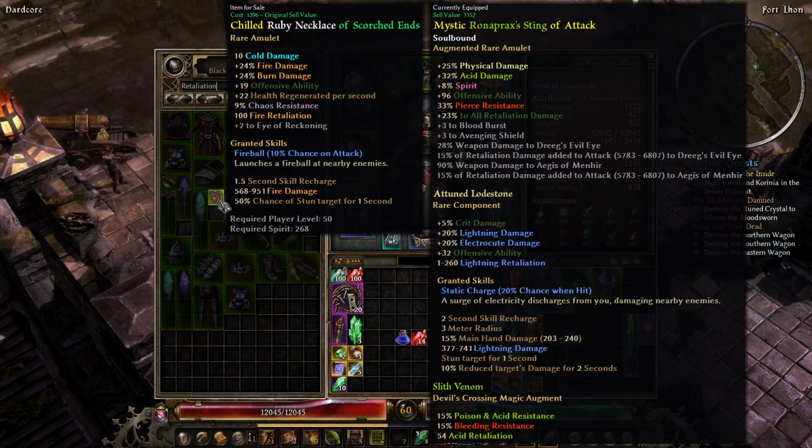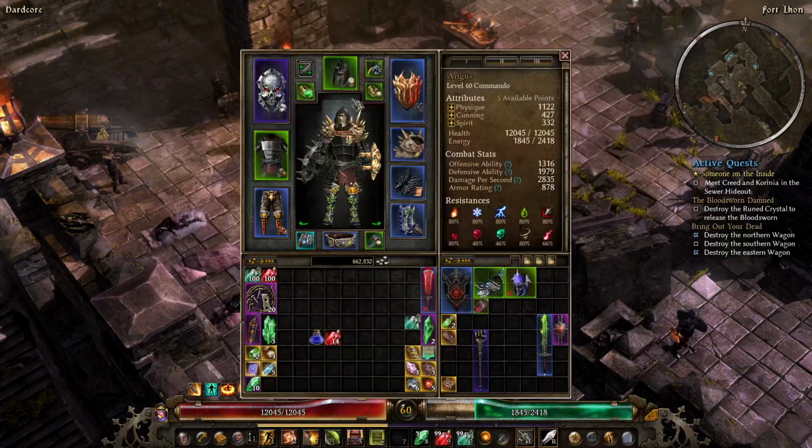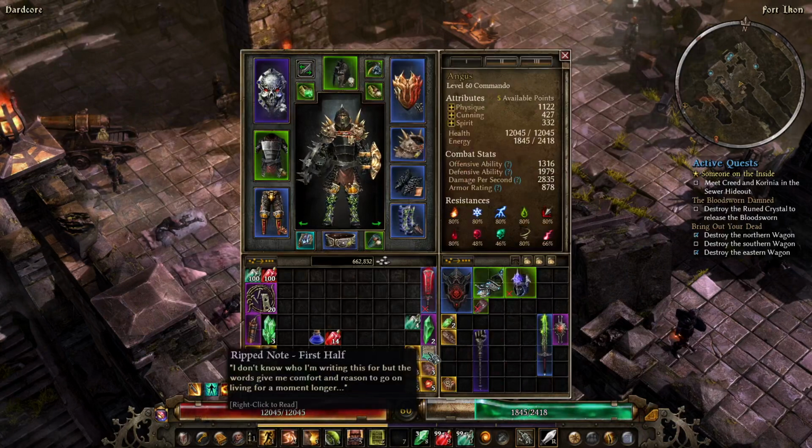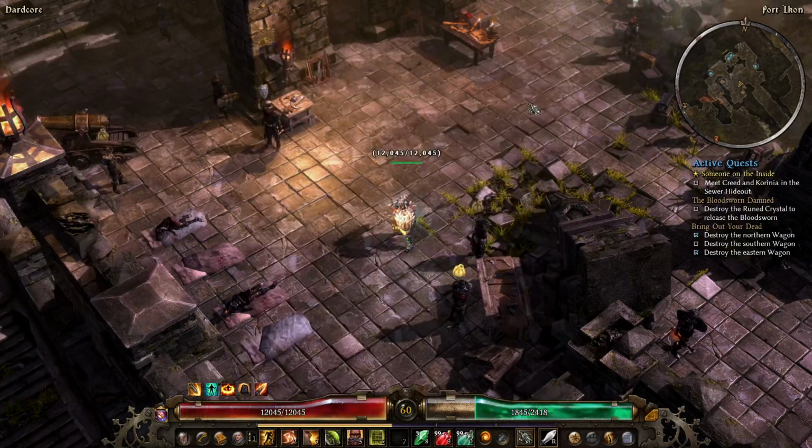This has cold fire, offensive health regeneration, fire retaliation. I have reckoning. I lose 23% to rotation with Rana practices sting. So no, we are not going to. We're going to keep that. So alright, we're going to close this out, and I have realized that they had a lore note we need to read. Alright, now we're going to go over here, so...